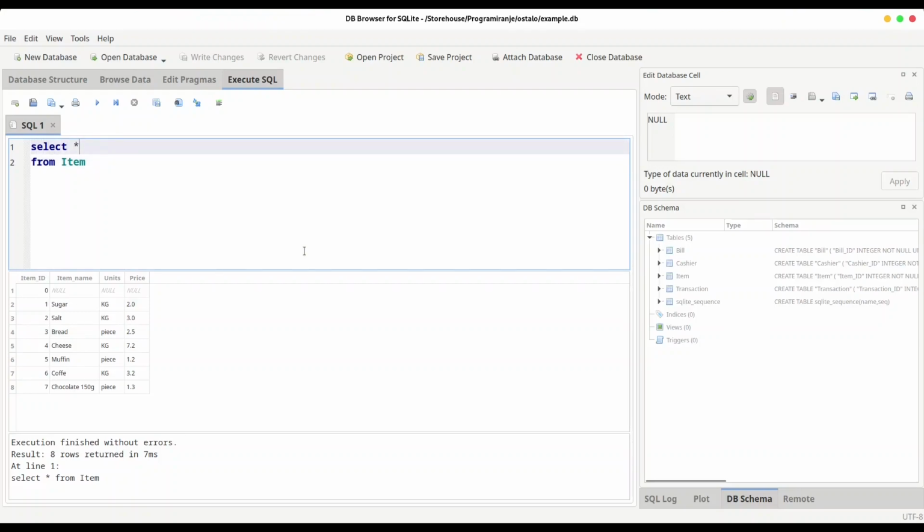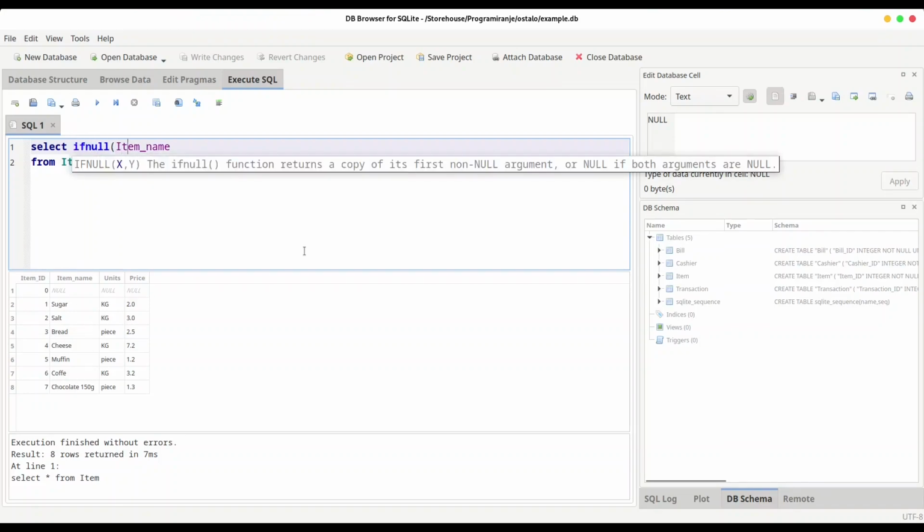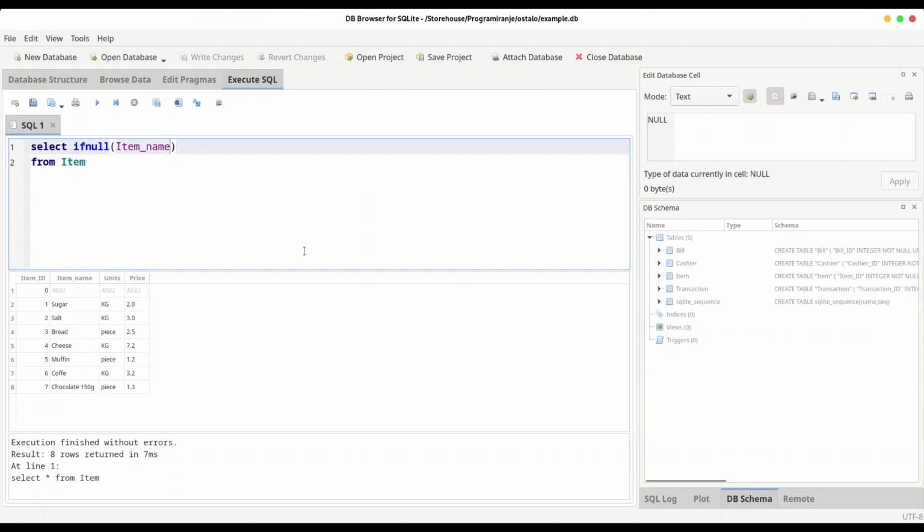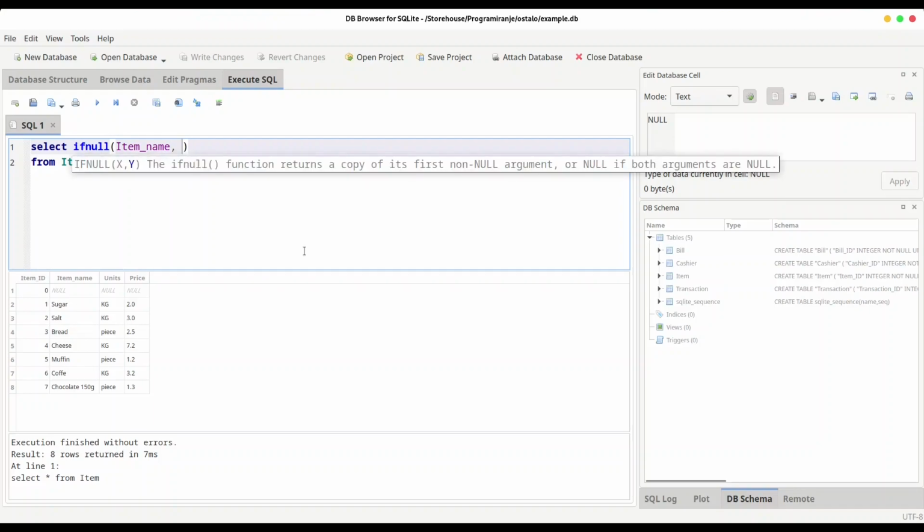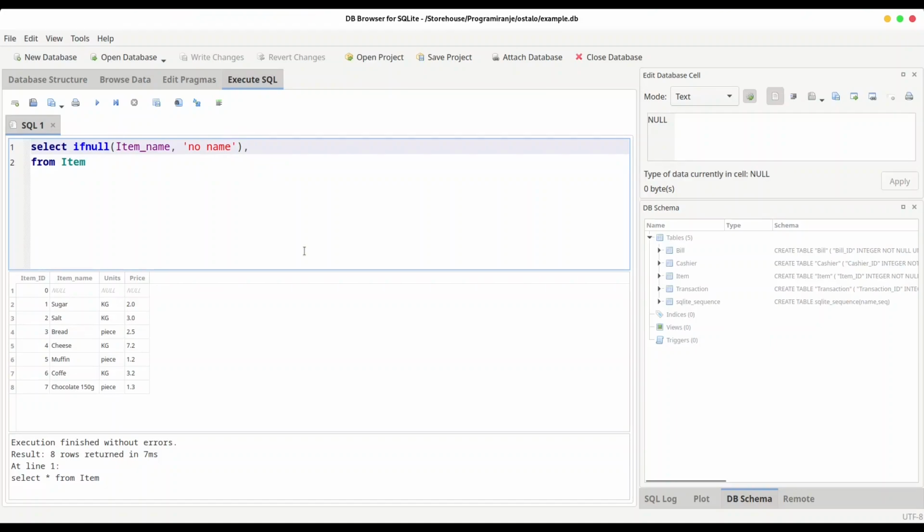Remove this, and let's say I would like to select, for example, item name, but item name is null, and I would like to process this with the function IFNULL. So the first parameter is going to be our column, and the second is going to be what value to provide in case the value inside this cell is null. I would say no name, and now let's say units,